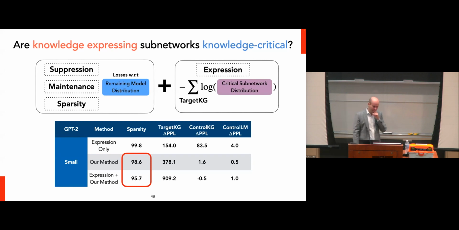That's a good question. We have an ablation study in our work that looks at what happens when you remove different terms of the loss, and the suppression one is actually pretty critical towards finding the knowledge critical subnetwork. If you do expression only, we were actually surprised by this result, because you can typically find any group of parameters that can express any piece of knowledge within that model. And just because you're able to express the knowledge with that subnetwork doesn't mean that it is the subnetwork that the full model uses to express that knowledge normally. It can just be a spurious set of parameters.